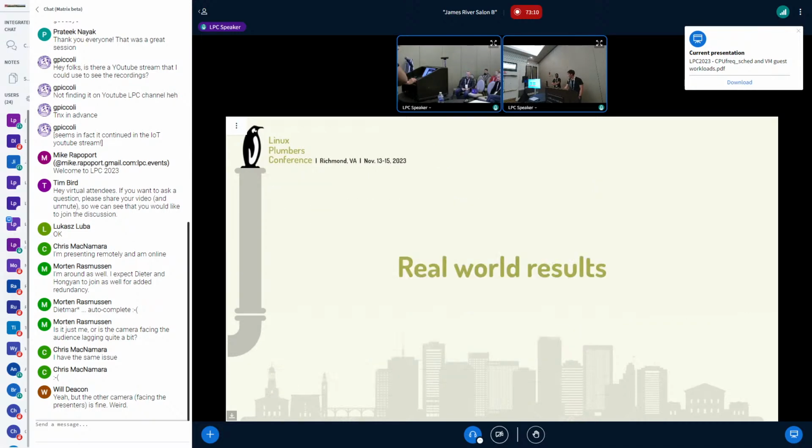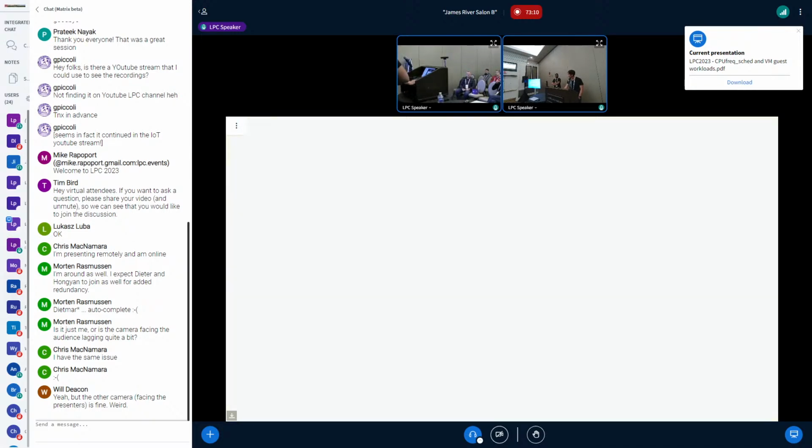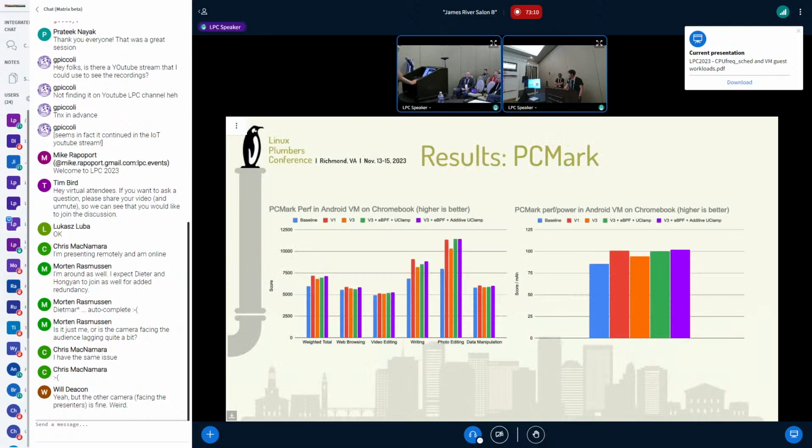Let's take a closer look at some of our benchmark results. This is running PCMark inside an Android VM on a Chromebook. We chose something like PCMark because, unlike Geekbench, which just runs everything at max, we wanted something that emulates real-world use cases such as web browsing, video editing, and some other categories, as you can see there.